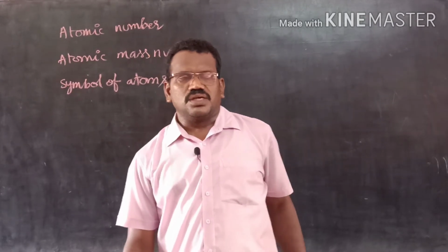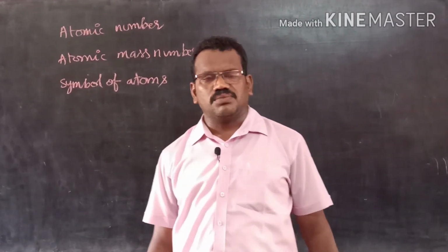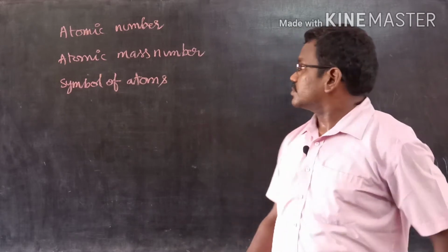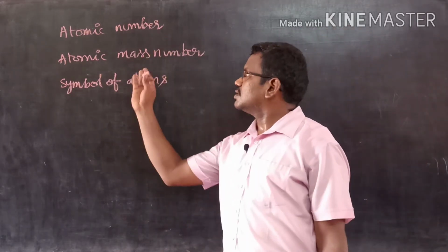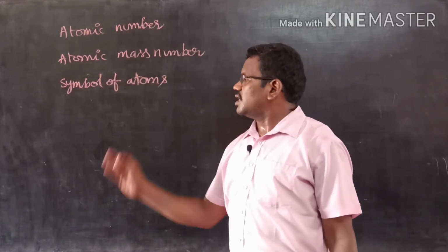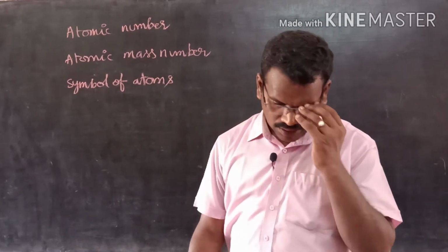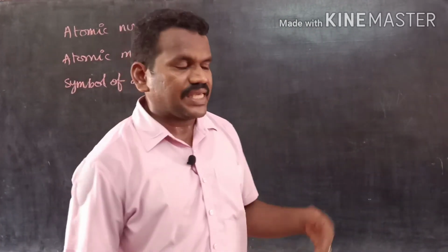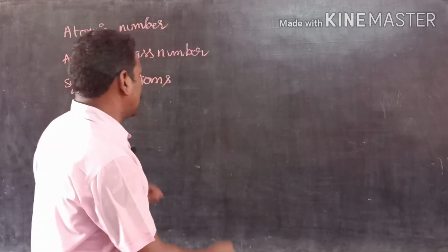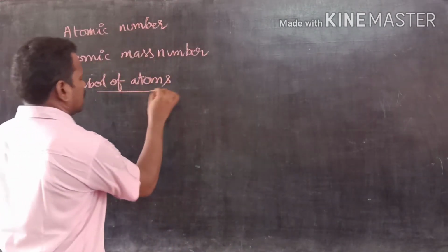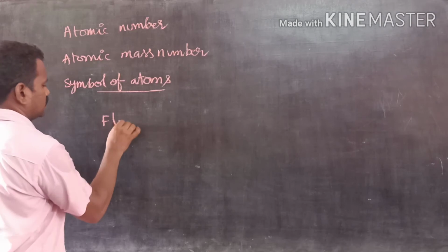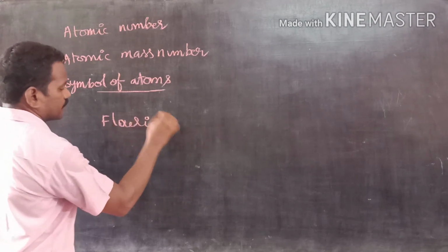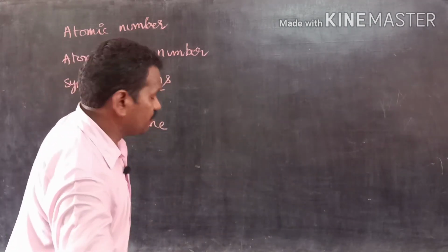Students, generally, we are going to use different kinds of terminologies in chemistry, that is atomic number, atomic mass number, and symbol of the elements. With examples I will explain. If you consider the symbol of elements, I am considering fluorine. The general representation of fluorine is